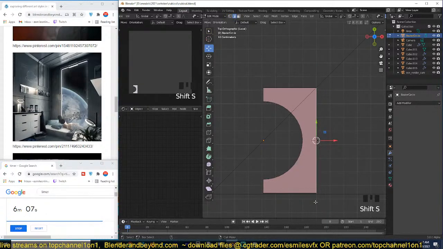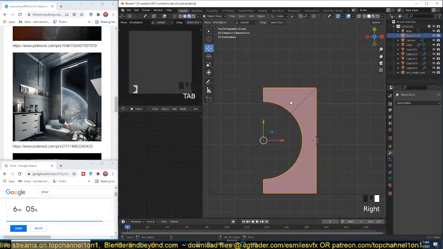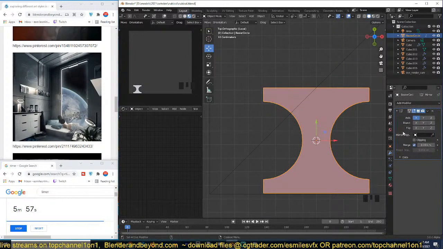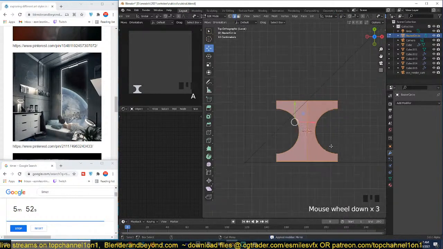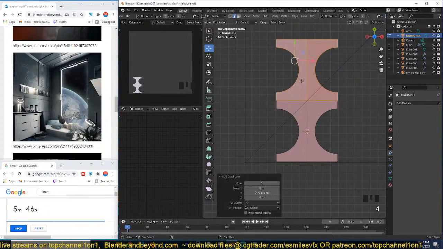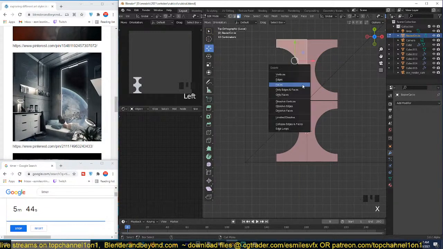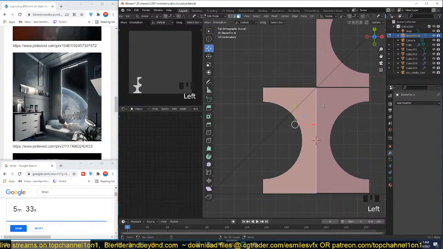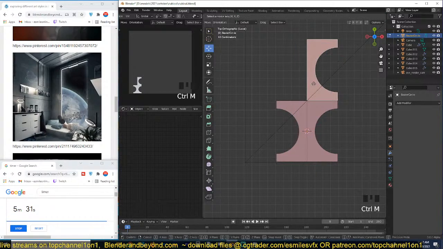So we can then add a mirror modifier. Let me first reset the origin to 3D cursor. Then mirror this like that, and I can apply the mirror now. Shift D, grab this to the Y, and then just grab this part and just move this. Actually, I can just mirror this on the X-axis. Control L. I just need to make sure that this is the pivot. Just mirror this